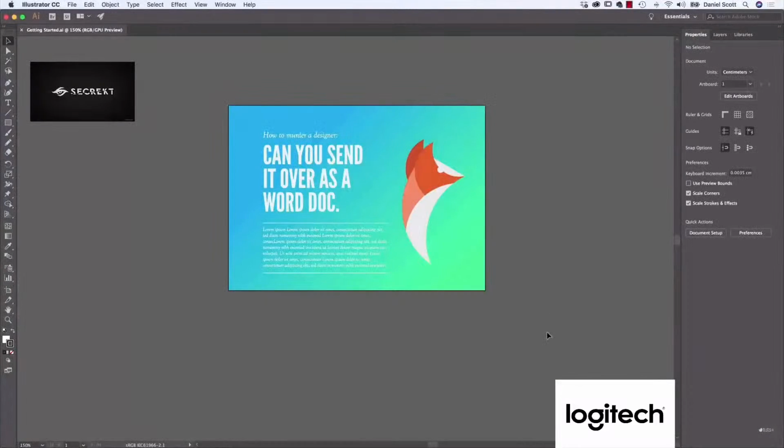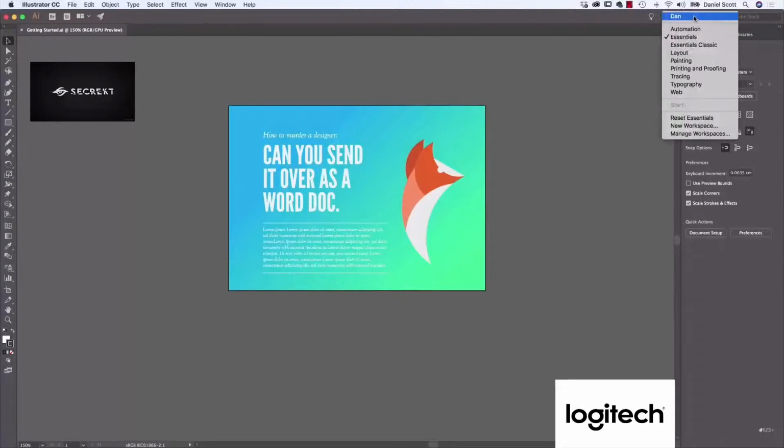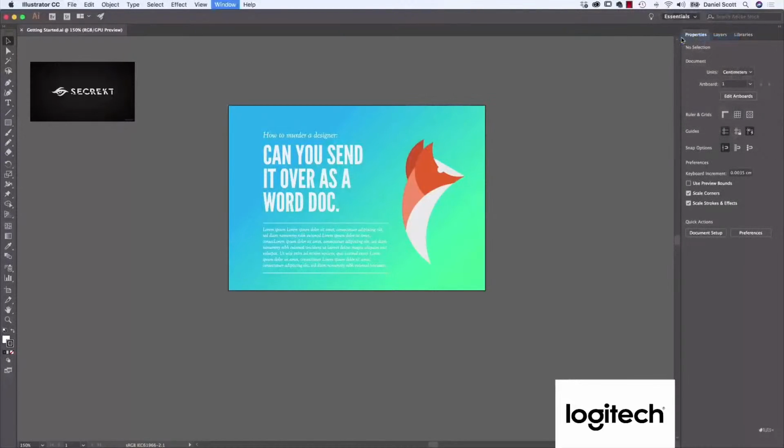All right, so the first thing we need to do is reset our workspace just so that we're all looking the same. And we can do it along the top here. There's this little app bar, okay? And yours might say something different in here, but drop this down. And what you want to do is click on Essentials. You want to see if there's a tick next to it. So click on it. And the second